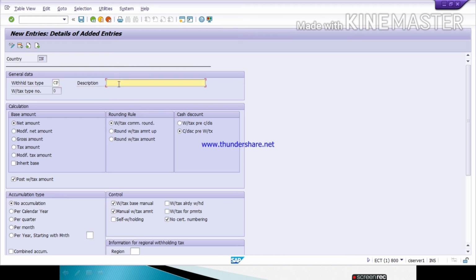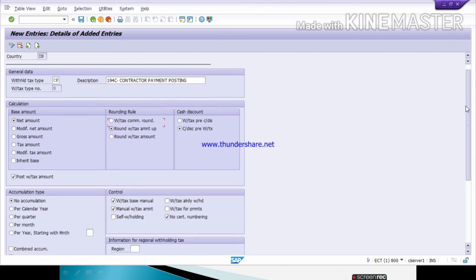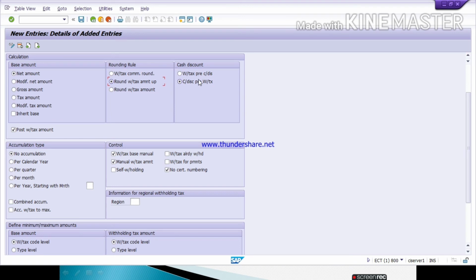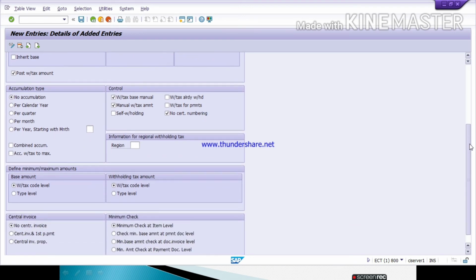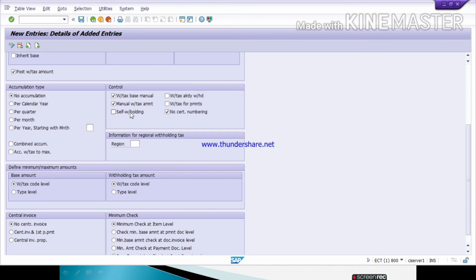Here you can give a description, 194C contractor payment posting. Here also you have to select net amount, round withholding tax amount up, cash discount per withholding tax, no accumulation, and these two you have to tick, and here also you have to select these two.